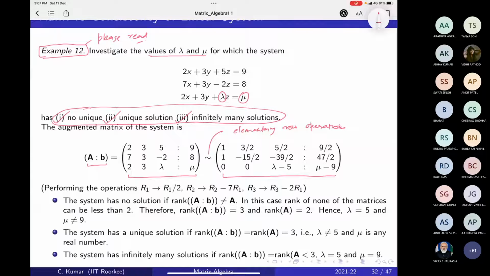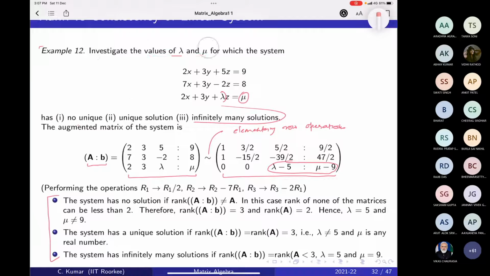for the unique solution, the rank of the augmented matrix and the rank of the matrix A should be equal, and this should be equal to the number of variables. Okay, so basically you have to look at this last row and identify the values of lambda and mu so that the rank of A is equal to the rank of the augmented matrix, and this is equal to the number of variables, which is 3 in this case. Okay, so you can read all these points already written here,